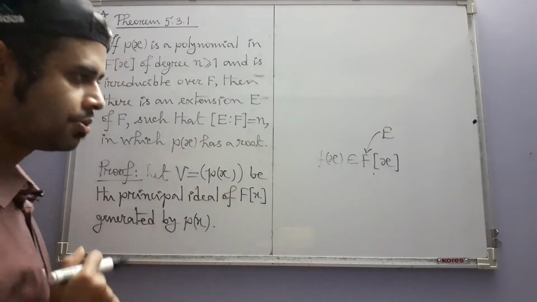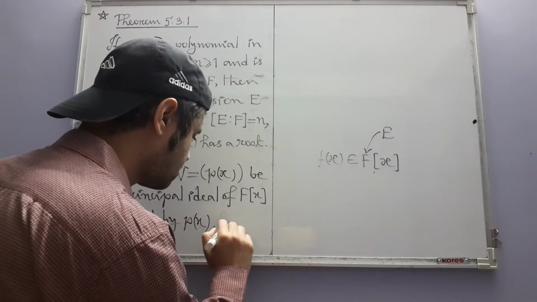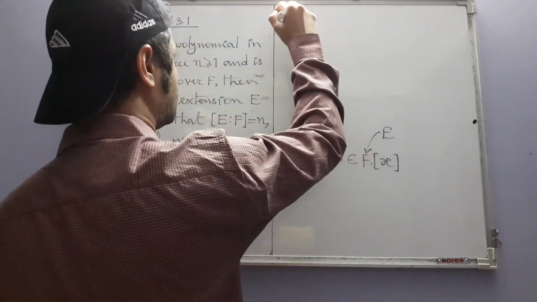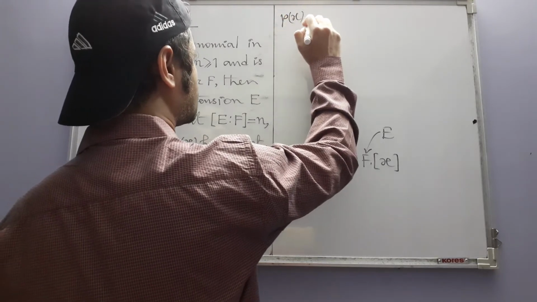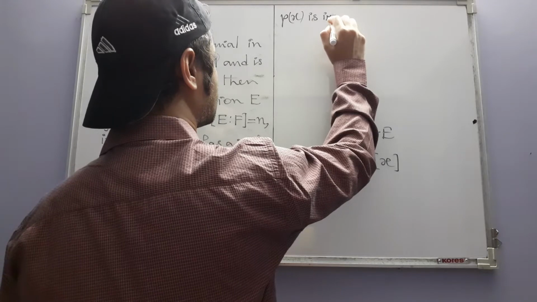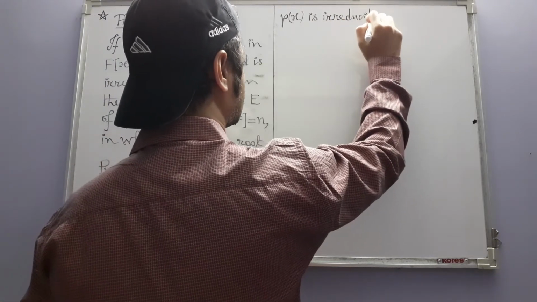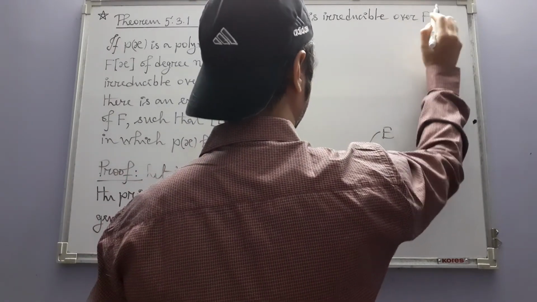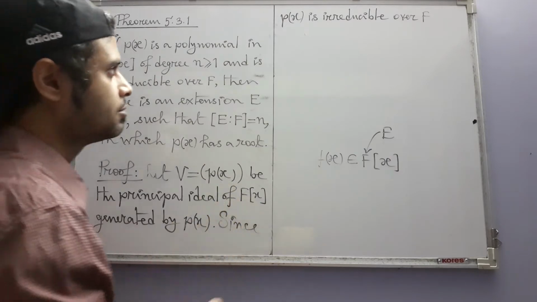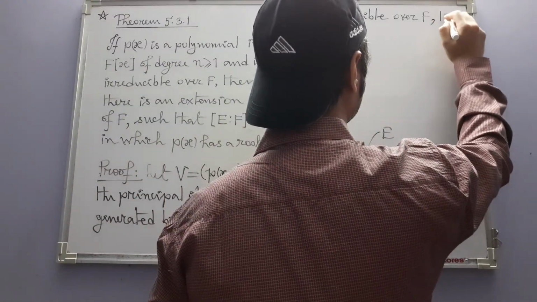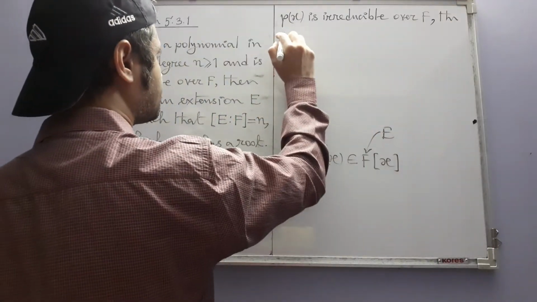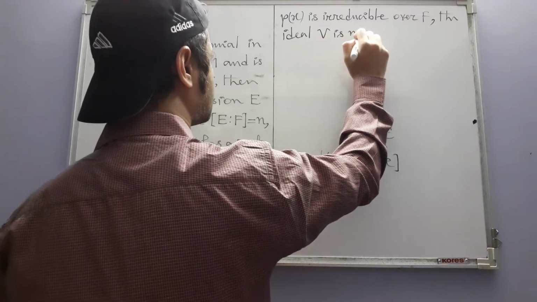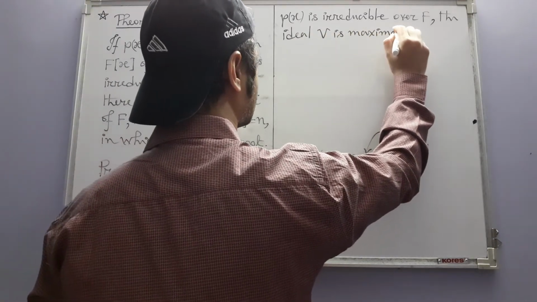So this ideal is going to be maximal since p(x) is irreducible over F and hence is a prime element in this ring, the ideal V is maximal,